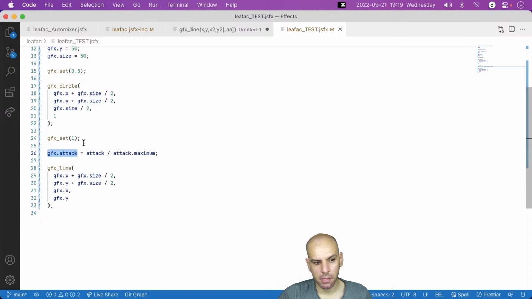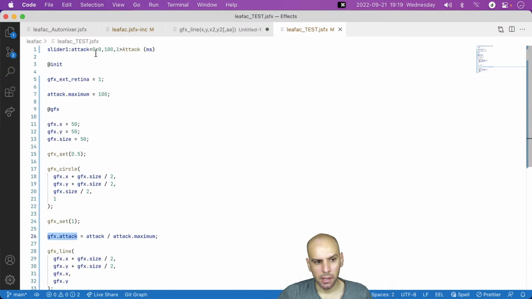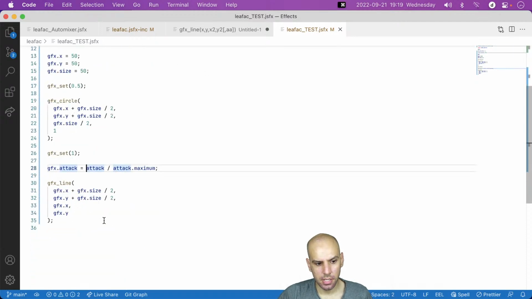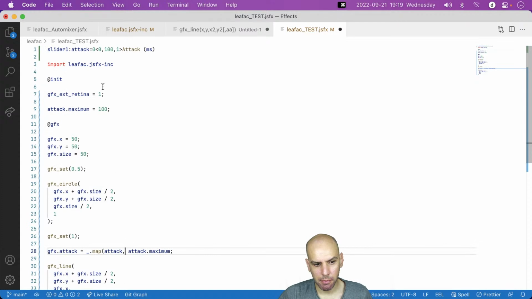Which then becomes a number between 0 and 1. But just because it started with 0, so it is kind of a cheat what I am doing here. So I think that it's time that we import the library. And then we can use the map function. It will take the attack and it will map from